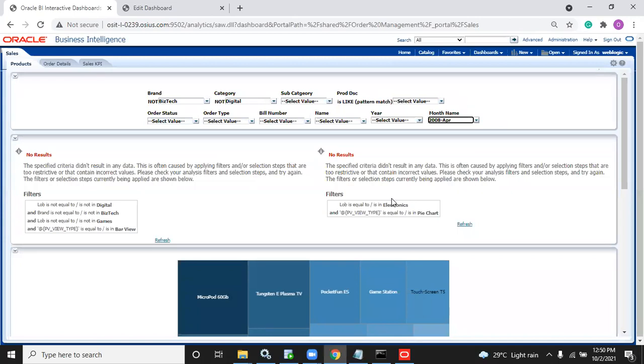No, maybe they are asking for hierarchy. Yeah, you should create the hierarchy. Because there are many columns, many date columns. No, you do one thing. You show me that layout once, what they wanted. They did not share any layout. They just gave us a requirement in the Excel. Can you share me that Excel? Yeah, I can.